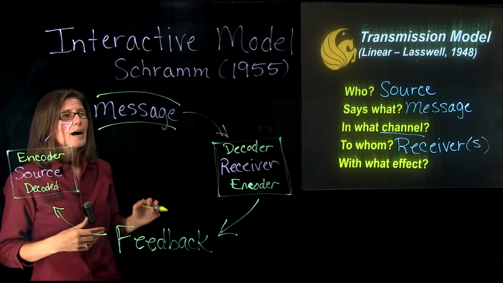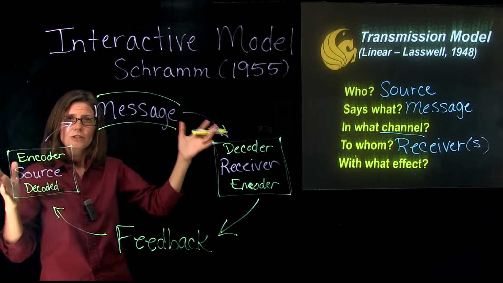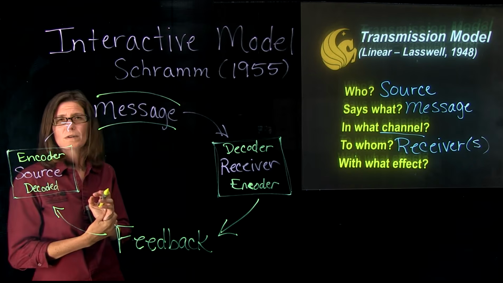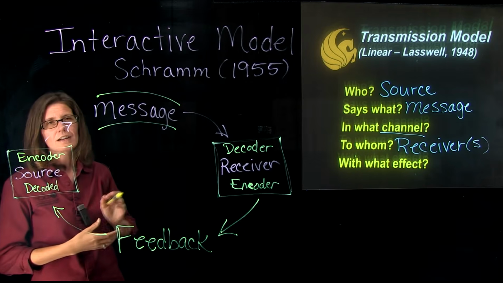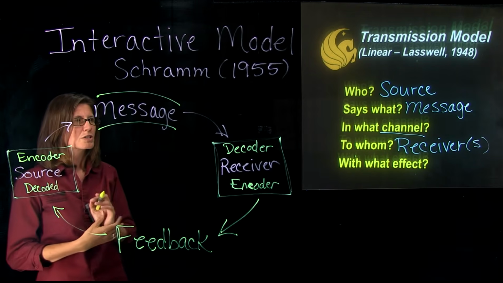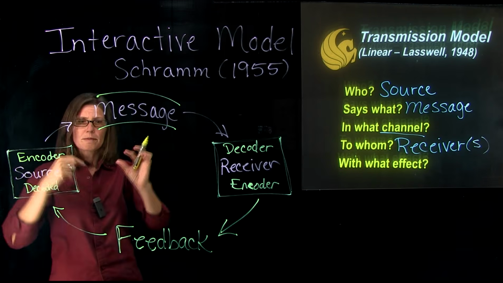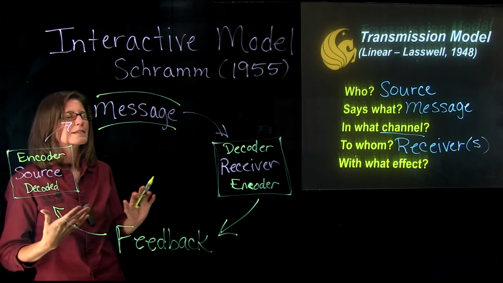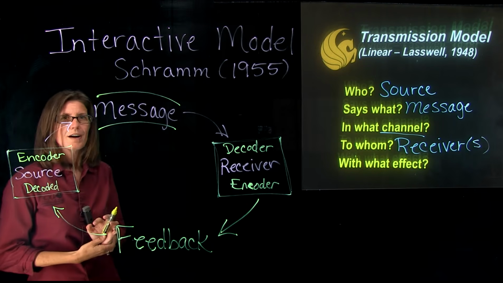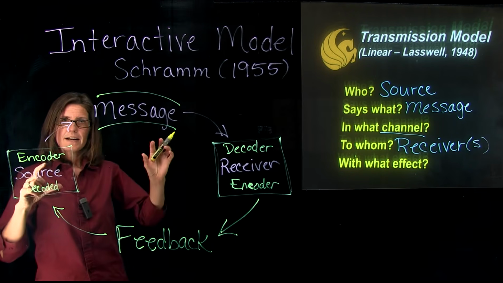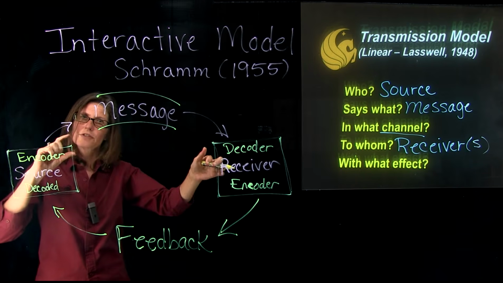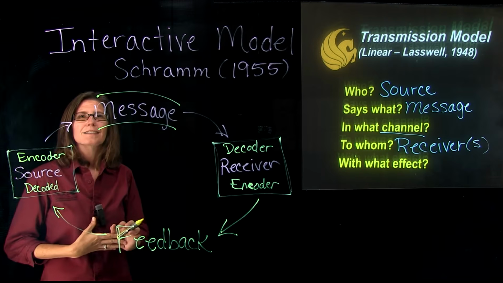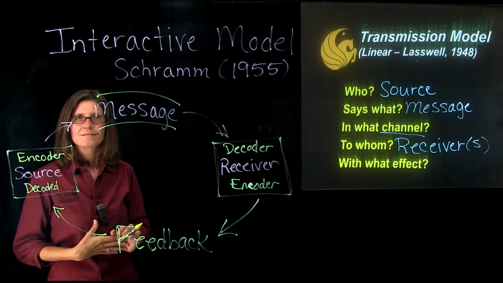But we can see there's a lot of different components that are added to the Schramm model just a few years later. And so communication, in terms of its history of the models, has a long history since the early 1940s is when they started developing it. It was actually published in 1948, the Lazarus transmission model. The Schramm model really moving us forward. And then, of course, we have that incorporation of the concepts of noise, which you're reading about in the module as well. So hopefully this kind of helps you understand the history and development of the communication model that we use nowadays, the SMCRE model.